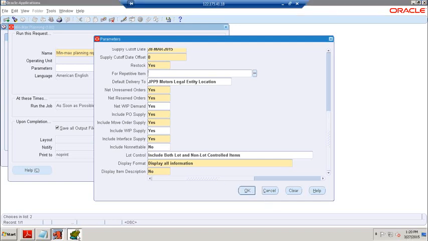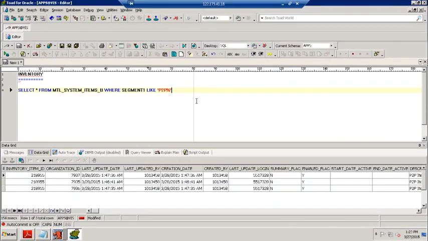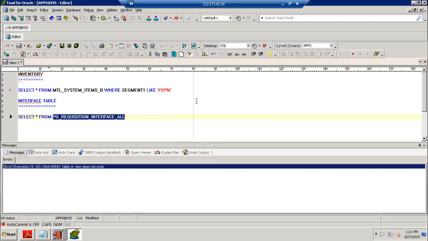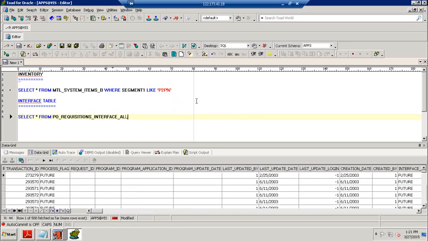But before that, we can go and check our interface table. First we want to check in our interface table whether the data is there or not. So what is the interface table involved? The table is PO requisition interface all. Here in this table there are so many records.